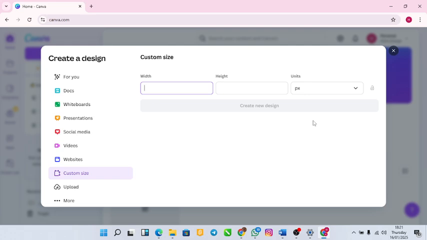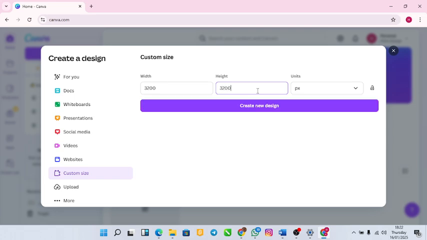Now for this design, we're going to be working with a very high resolution size. Why? Because the resolution of your flyer needs to be high so that it will be quality. Even your normal images, if you upload them on WhatsApp, sometimes the quality is reduced, so you have to use a high resolution flyer. Generally for your WhatsApp flyers and your Facebook flyers, you can always work with this size, that is 32 by 32. So are we together? Can you see the size? 32 by 32. So create new design. I hope we are all together. So when you click on create new design,